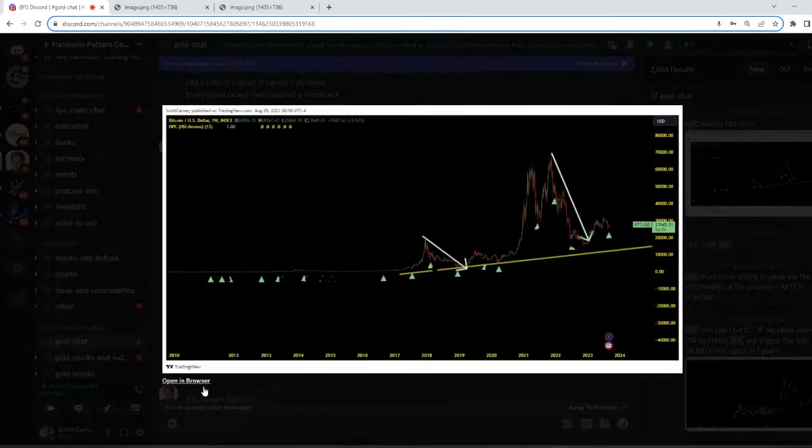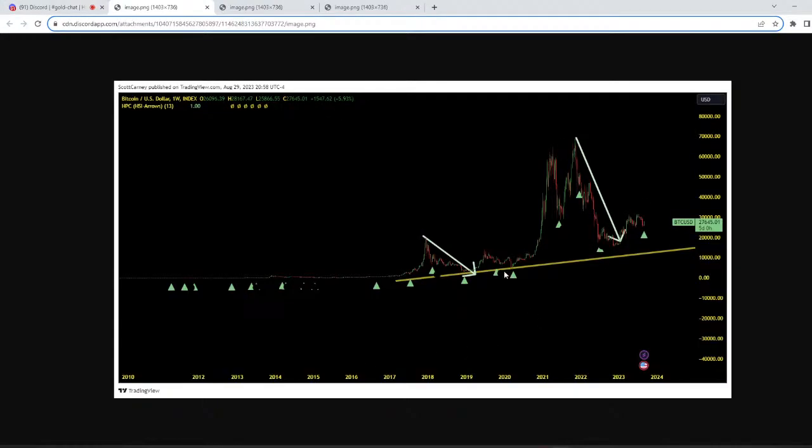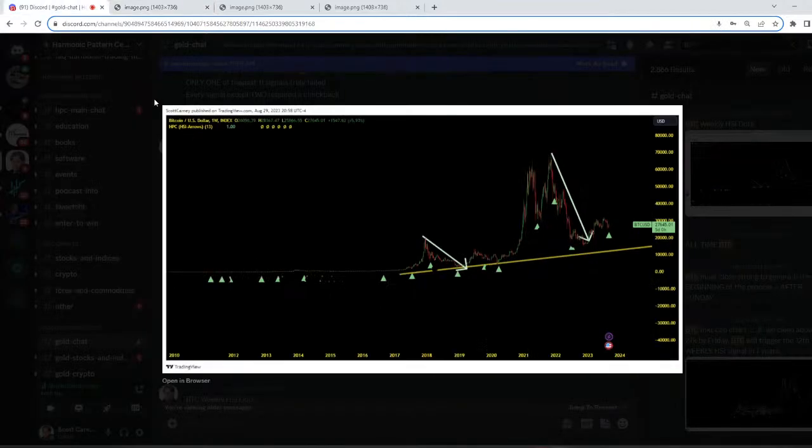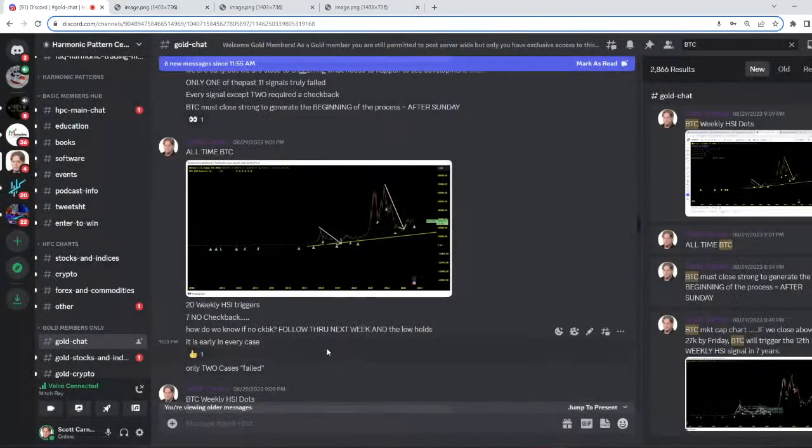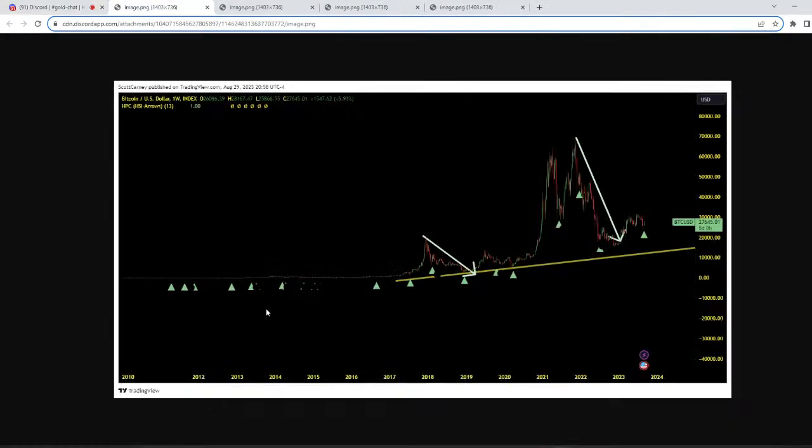And then here's the all-time charts. I went to the all-time index and went to every signal, and this was 20 signals. We had 20. 7 had no check back, no retest; 13 did. But in every case and every scenario with these, and this is weekly too, so it's a substantial signal. Our last signal was back last summer. It was early, and that's my point here. These are all early. But we'll see if we get this in the next week or two,